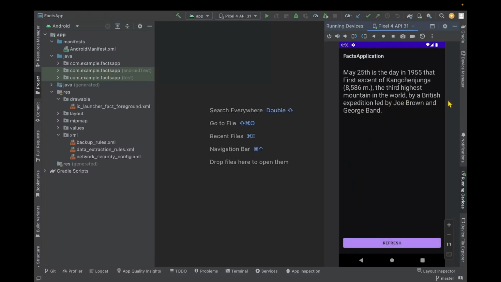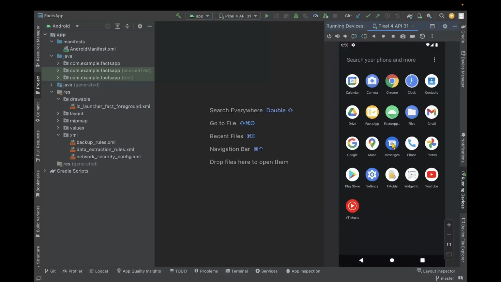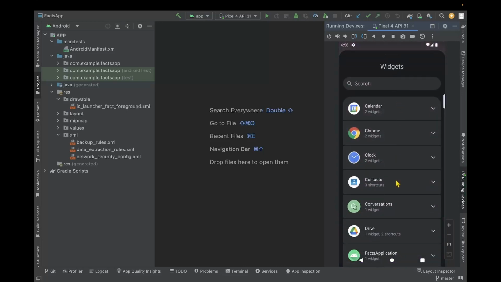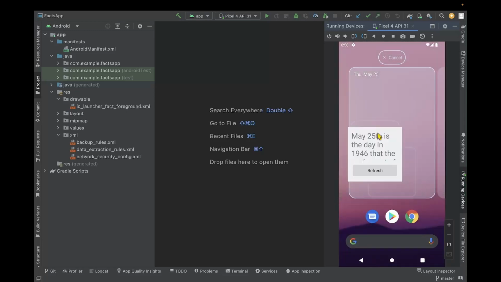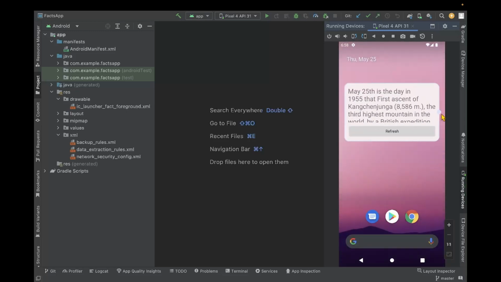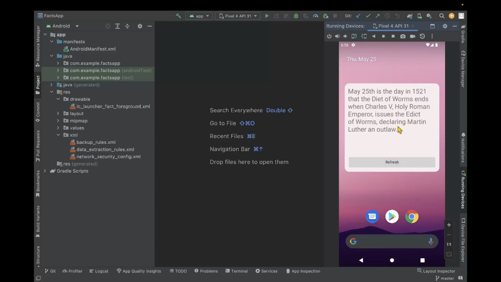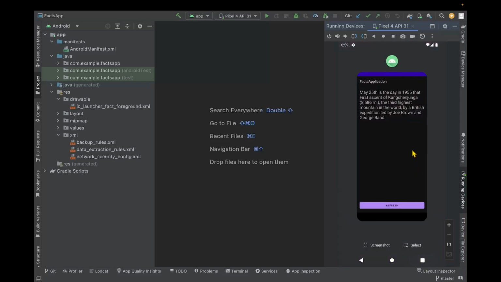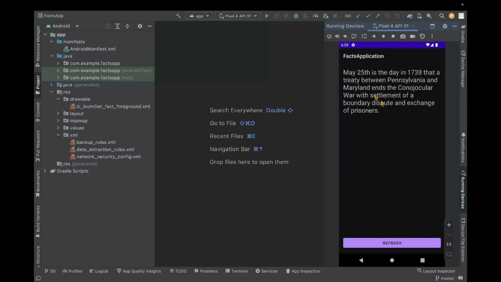So we're retrieving some basic data from an API, and as you can see, this is something that happened on today, May 25th. And if we go here and add a widget, we can see that that same data is displayed here. If we click on refresh, it's going to load new data using that REST API. And if we click again, as you can see, in 1738, Pennsylvania, Maryland, and it's the same here in this